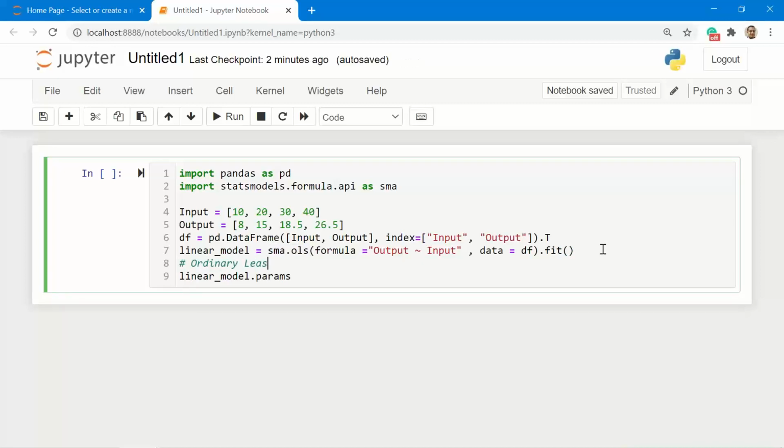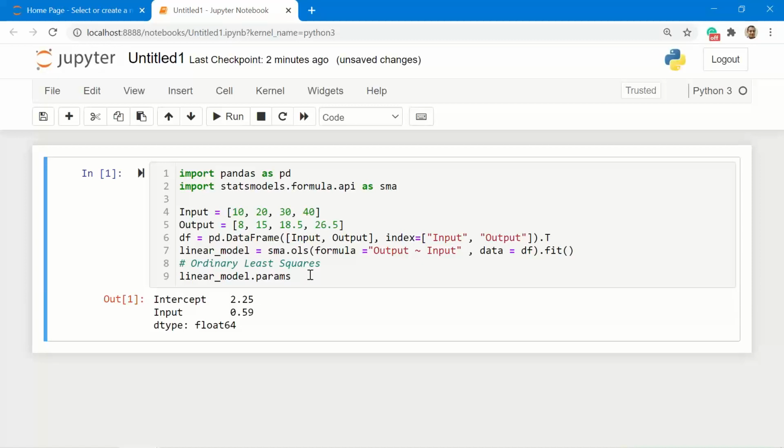Ordinary least squares is the algorithm for linear regression. And finally, I'll show the parameters. Control enter. So this code is executing, and I'll finally get the parameters. Irrespective of whether you use RStudio or Excel or Python, the output remains the same.